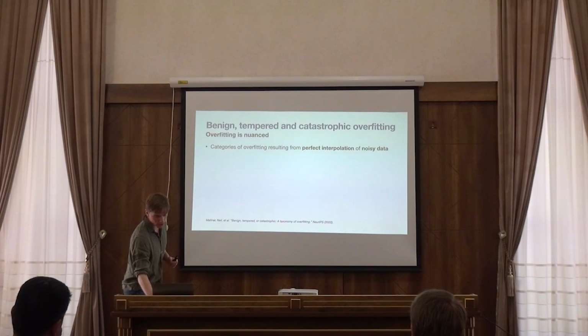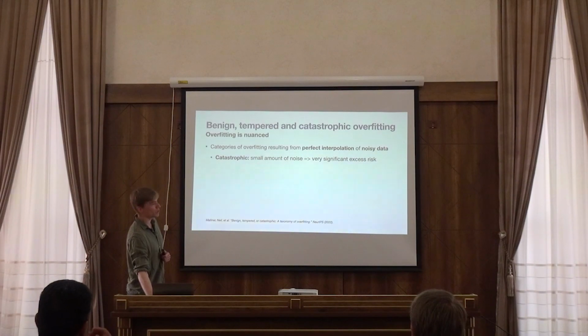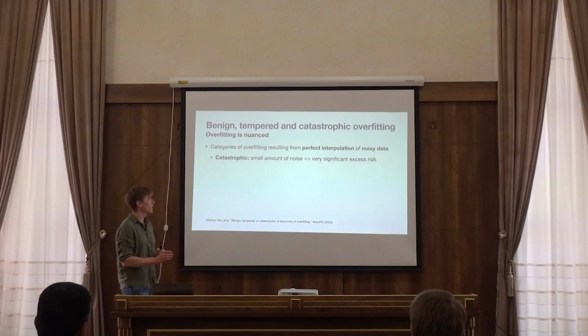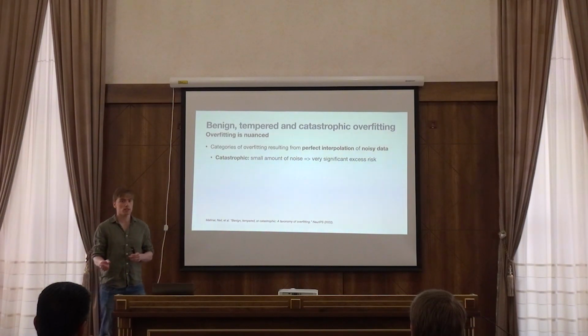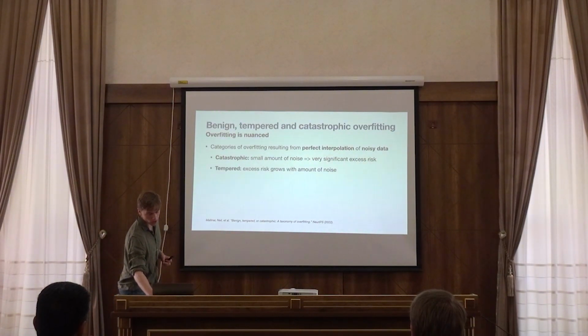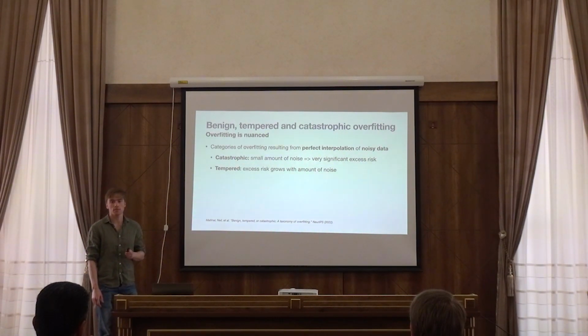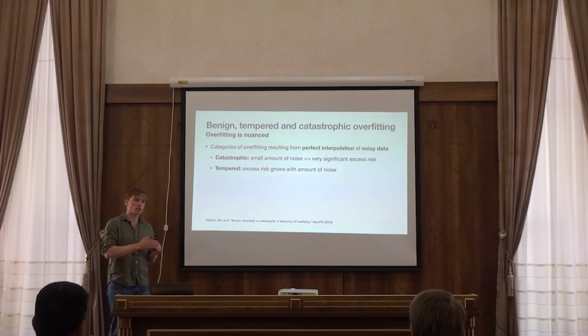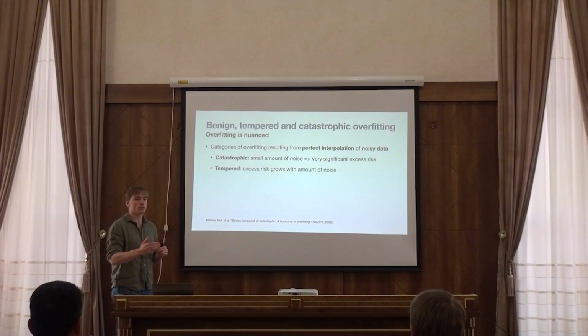So we can identify the following three categories of overfitting resulting from this perfect interpolation of noisy data. One is the catastrophic case we saw right at the beginning. This is when a small amount of noise implies a very significant excess risk. The second is tempered, where the excess risk grows in some sense with the amount of noise in our system. So maybe a little bit of noise compromises performance a little bit, but a lot of noise still